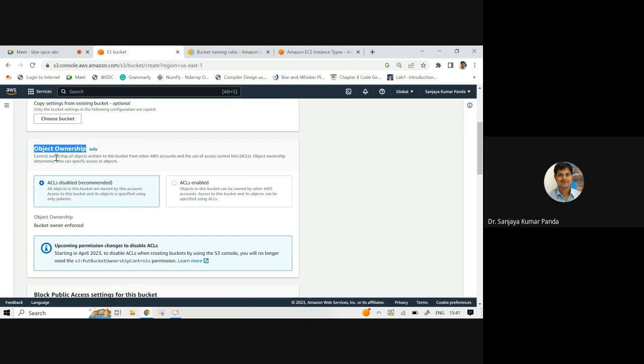So control ownership of objects written to this bucket from other AWS accounts and the use of access control lists, that is called ACL. Initially the ACL is disabled, but once you configure everything, you can enable it. Initially I am not making it public so that you can find the difference between public and private. Then at a later point of time, we are going to enable this ACL.